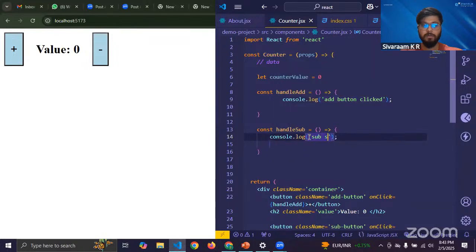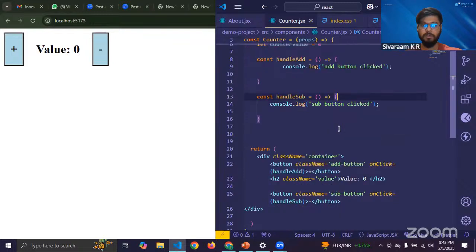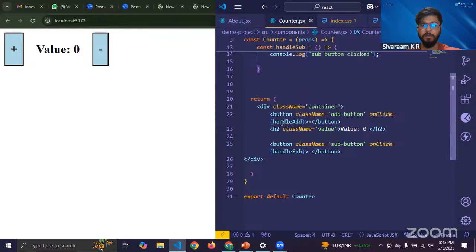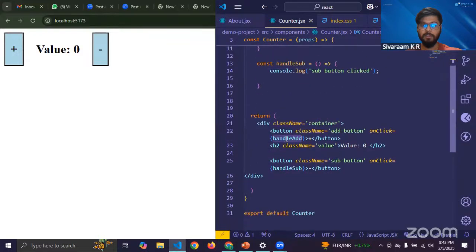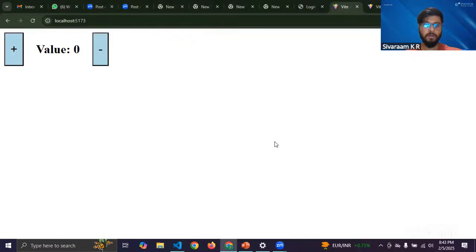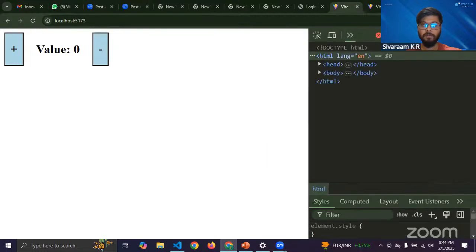Here is the sub button. Now you will see when I click on this button, this function gets triggered. If I click on this addition, this function gets triggered. If I click on subtraction, this function gets triggered. So now we'll verify that. Go to inspect and then go to your console,